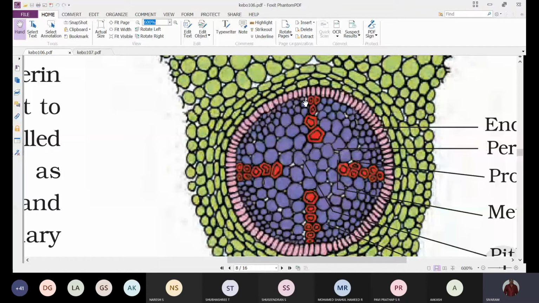So this tissue will form in this direction and this tissue will form in this direction in the same manner. It will grow in a wavy manner, and finally they all join at one place and form a ring-like structure called a cambial ring. This cambial ring will show similar activity: towards the inner side it will form secondary xylem, towards the outer side secondary phloem.